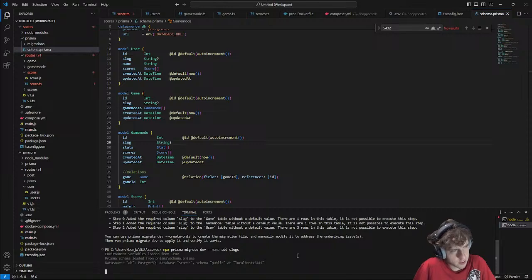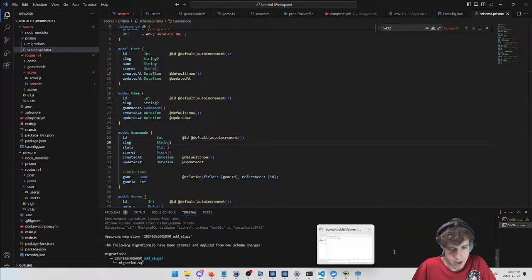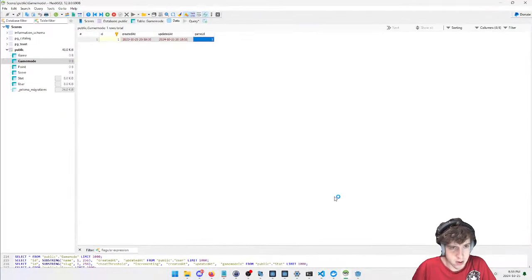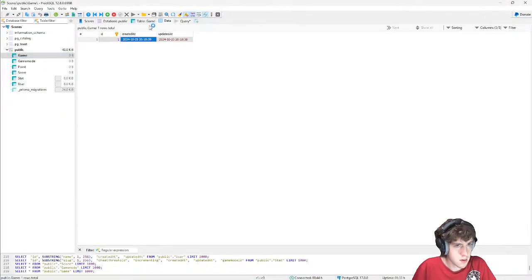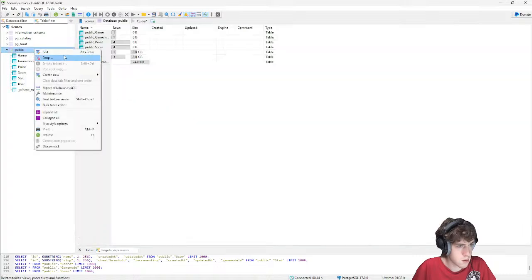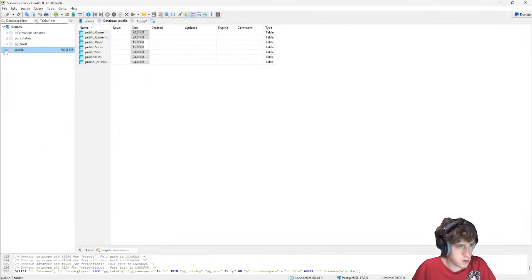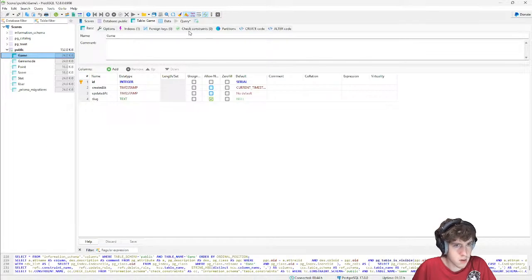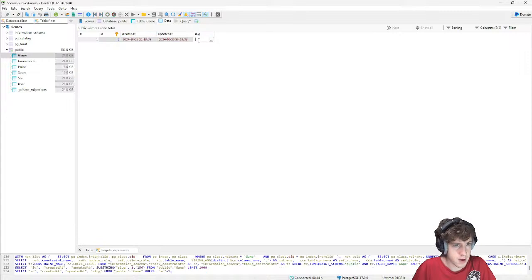So then it'll migrate, it'll create the columns in the database. Then I can update it, and then I could do another migration. Refresh. There we go. Slug for game 1 will be test.